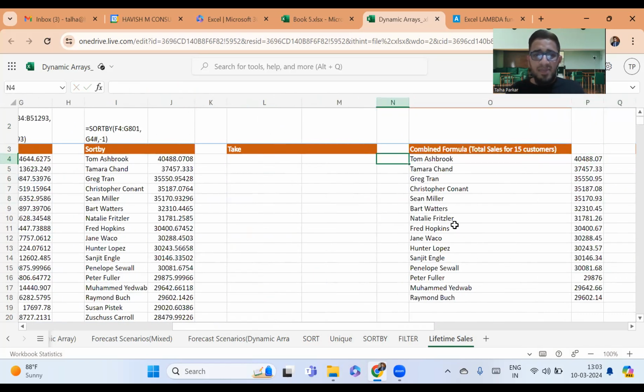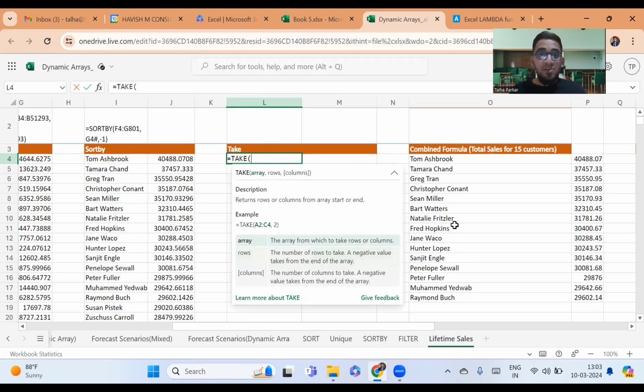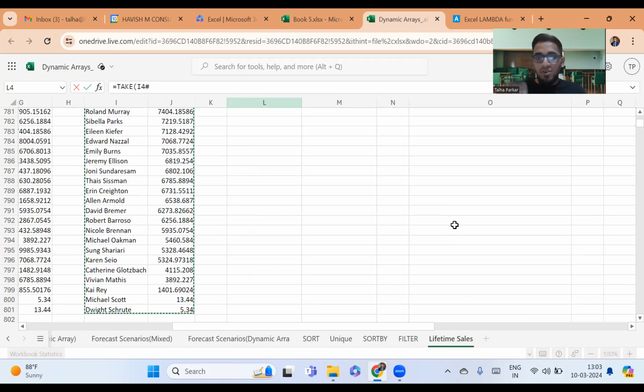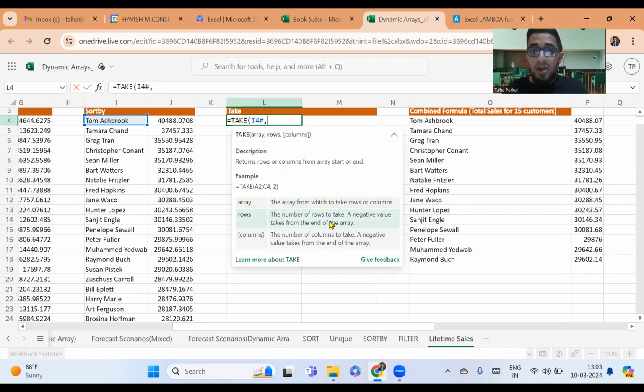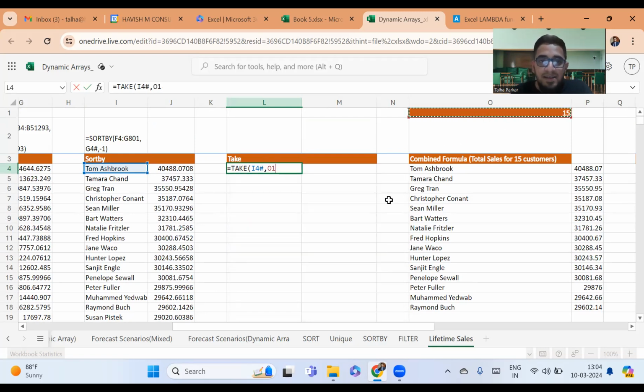Now, as a next step, what do I want to take? I want to take the entire data that is sorted in descending order, and I want to define how many rows or columns to take. If you look up there, in one of the columns N, O or P, I've written the number 15. If you select that,